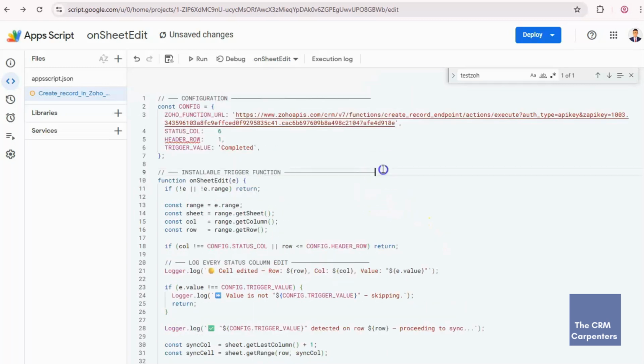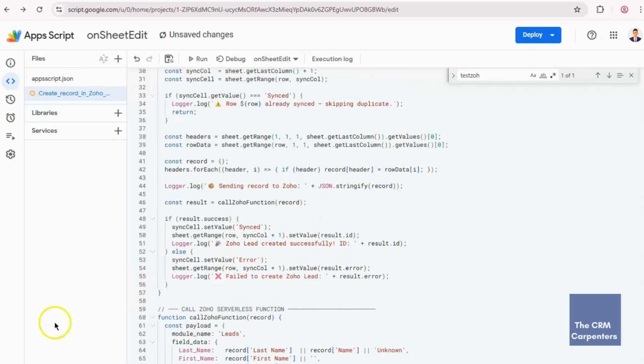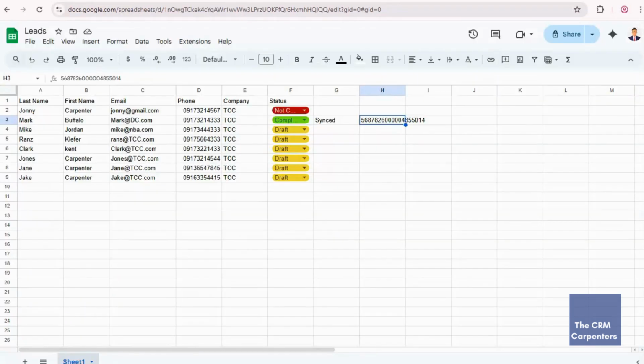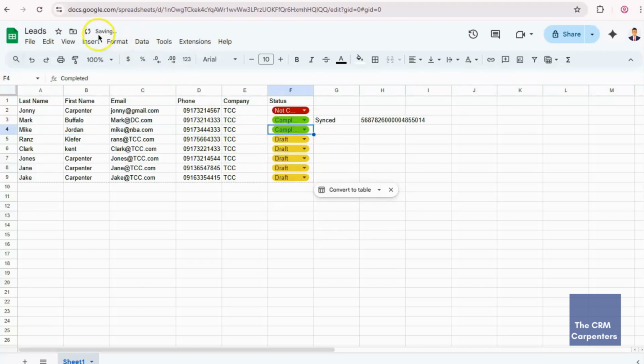So let's test it out. We will test this row number 4 and edit the status to completed, and it's synced, but it did not place it in the right column.